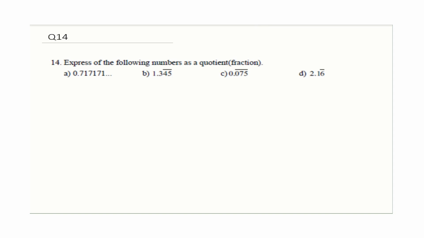Okay, let's continue with question 14. Express all the following number as a quotient or fraction lah. Quotient for this case, quotient ni adalah fraction. Okay. The first one is 48. The given this is decimal number 0.717171. So it's being repeating 717171. Okay. So means that